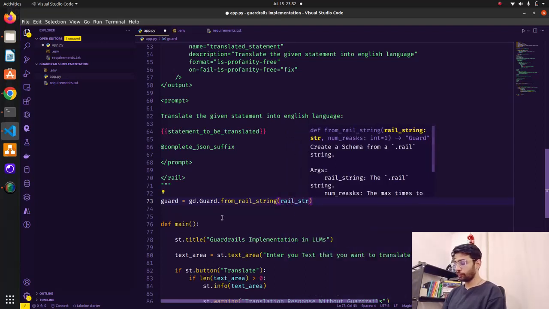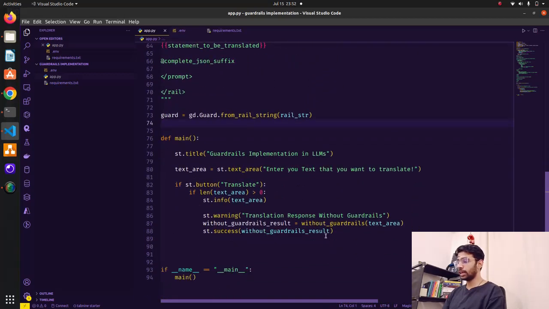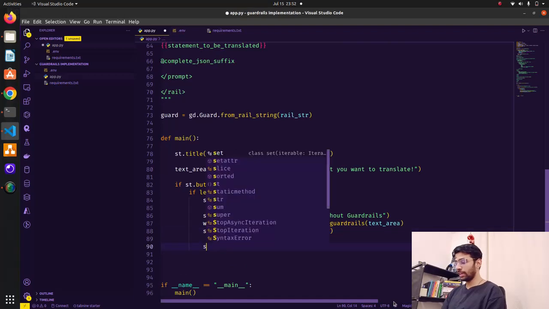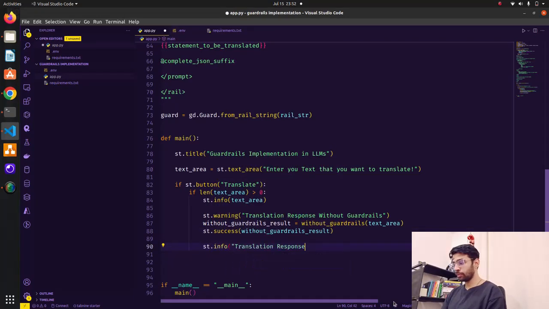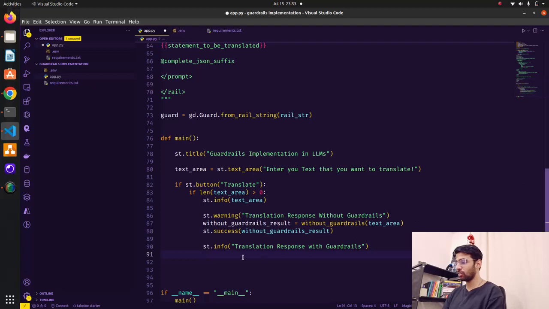Okay, RAIL string, and this is okay. Now let's use this, guys. I'm going to write ht.info again here, translation response with guardrails, and I'm going to just use this function that we have defined on top. Let me just cut it, guys. Okay, not required. ht.info, and so let's use that thingy here.